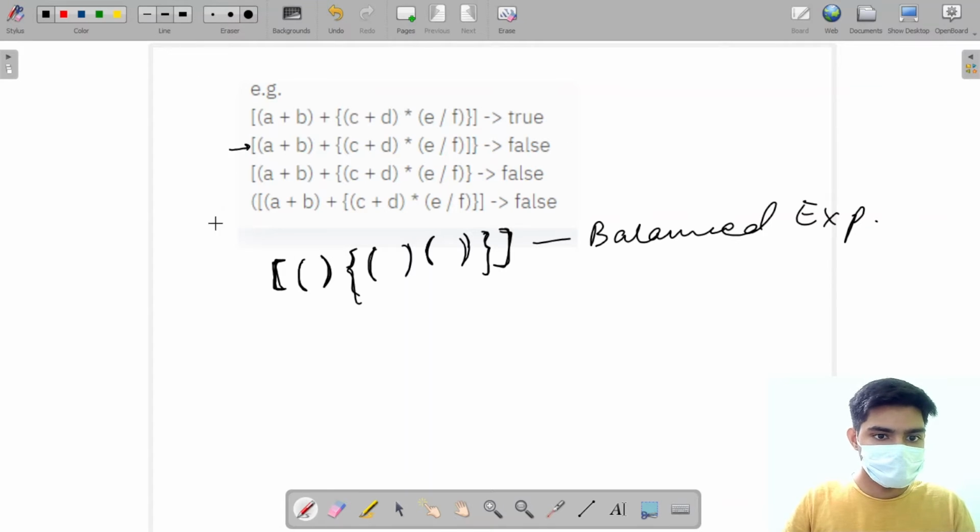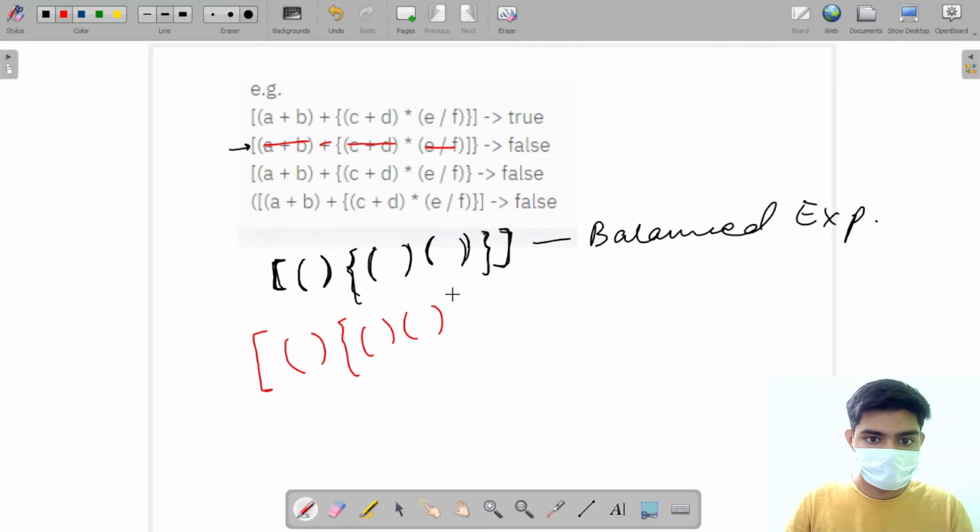In the second expression, I have a square bracket, then parentheses, then I have a plus, then I have a curly bracket, then I have parentheses, then I have again parentheses, then I have another parentheses, then I have a square bracket, and then I have this curly bracket.